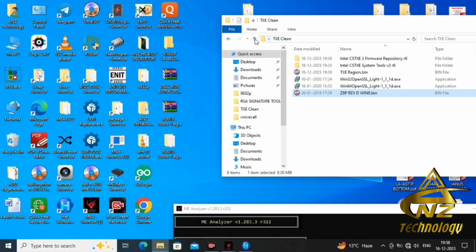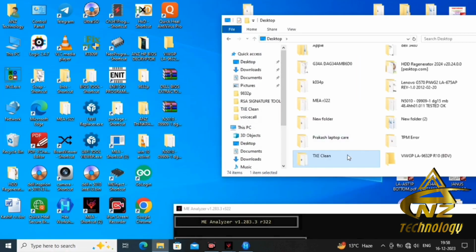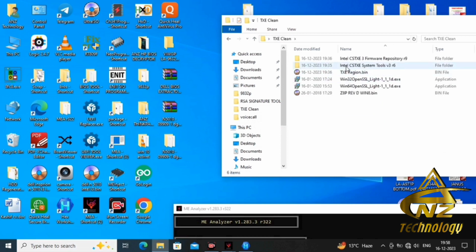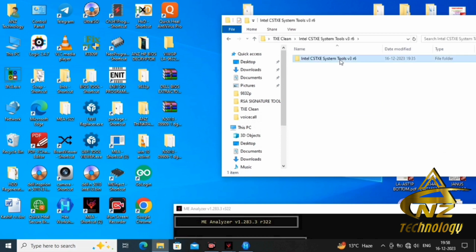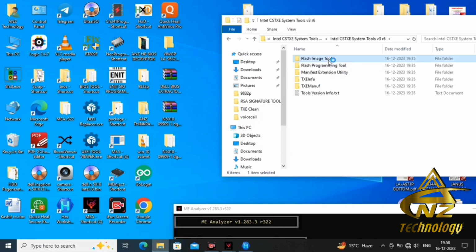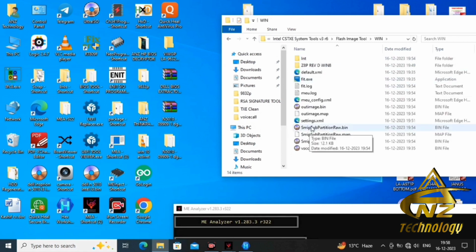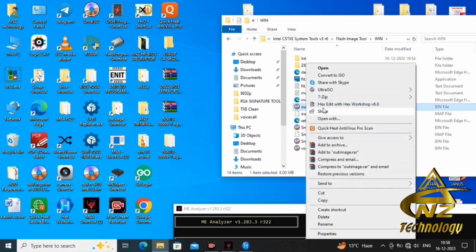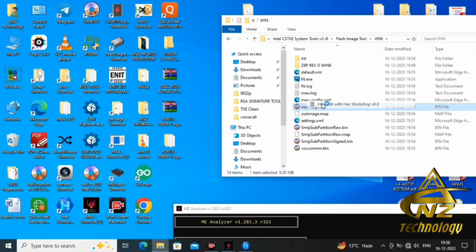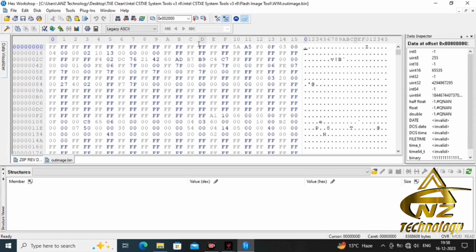And now we will open our new BIOS. This out image is our new BIOS. So right click on it and open this file also in the hex editor. The SMIP data location is already here.